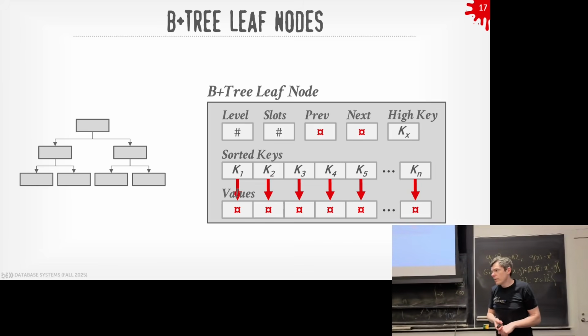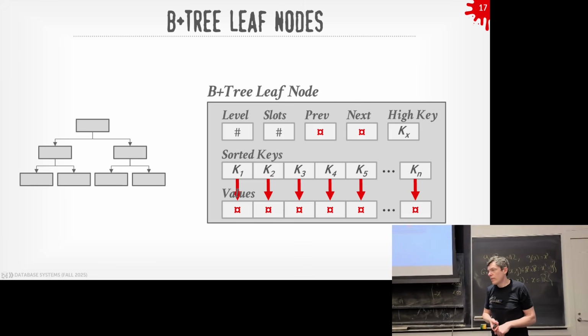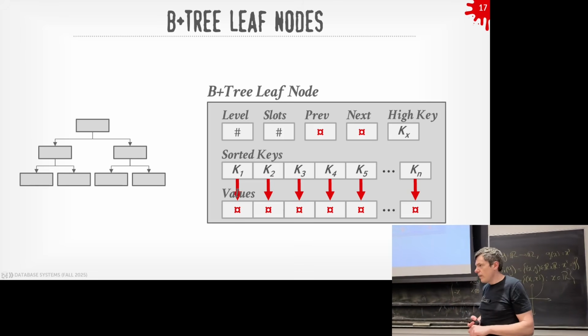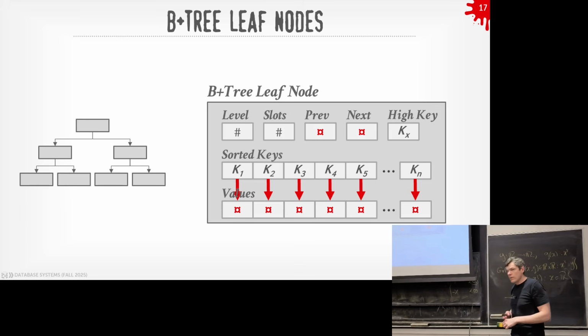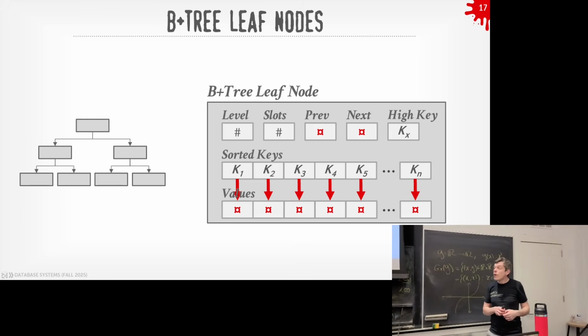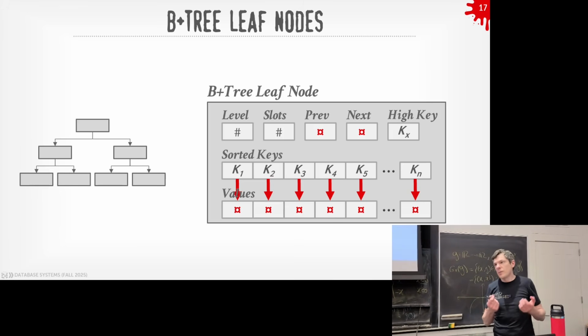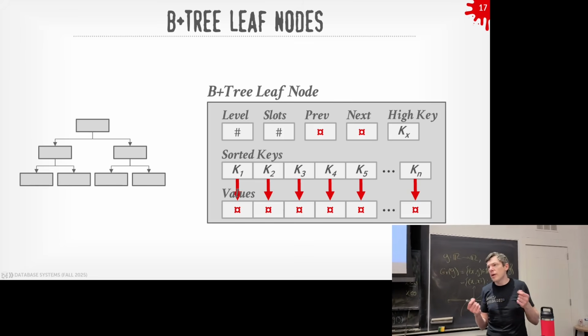Yes? I still don't get the relationship between a node and a page. Is one node, one page? The question is, one node, one page? Not always, but you could, for simplicity, think of it like that, yes. If the database page is 8 kilobytes, the node is going to be 8 kilobytes. That's what I'm saying. The fan out's going to be quite big because you can put a lot of key value pairs in 8 kilobytes. The question is, when will it not be one page? Give me a few more slides. Sometimes my keys can be quite big and I have to overflow.